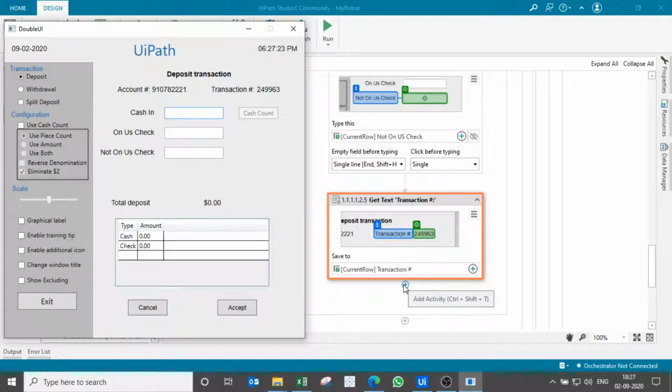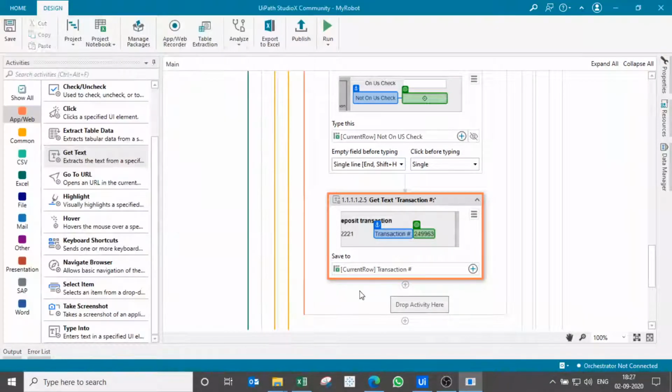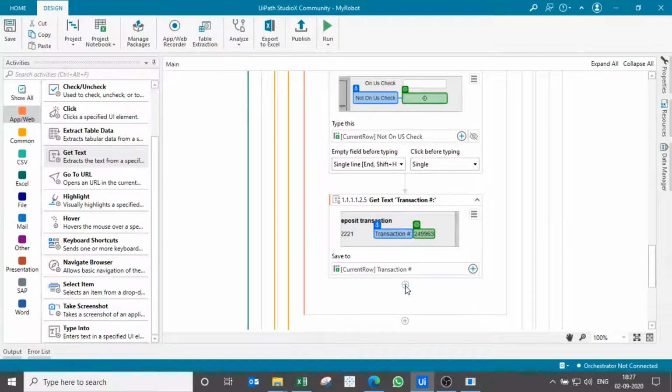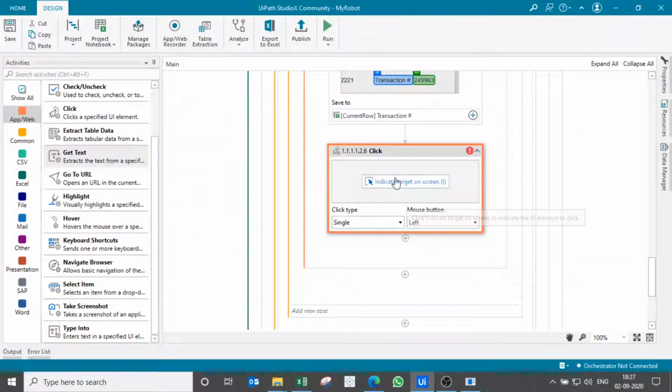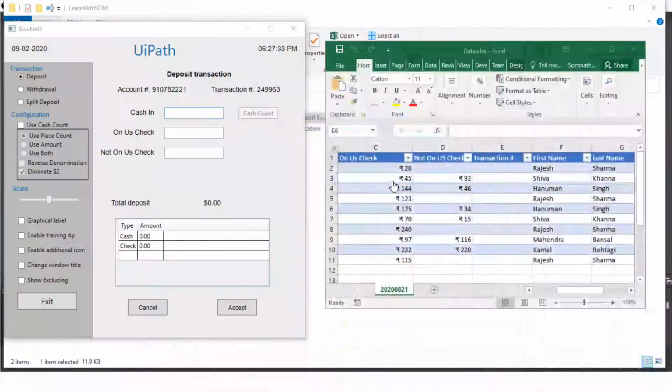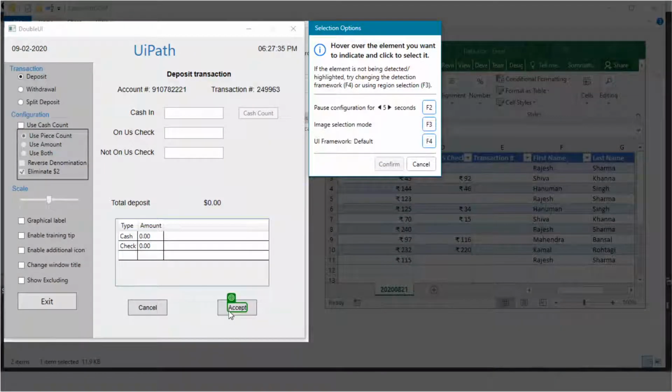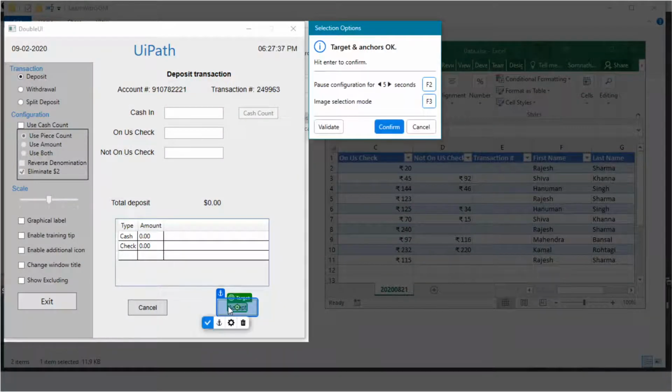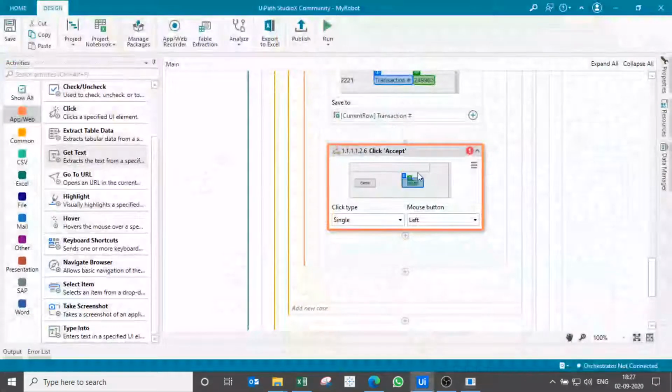So let us have again a click action. By clicking on this, I can select this from the common scenario and click on the target. I want to click here. I do not want any kind of anchor because this is sufficient for the selection or clicking event.